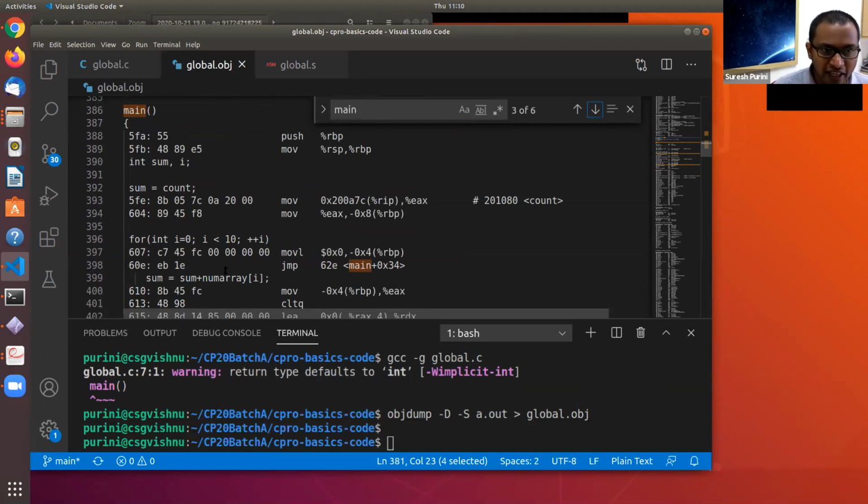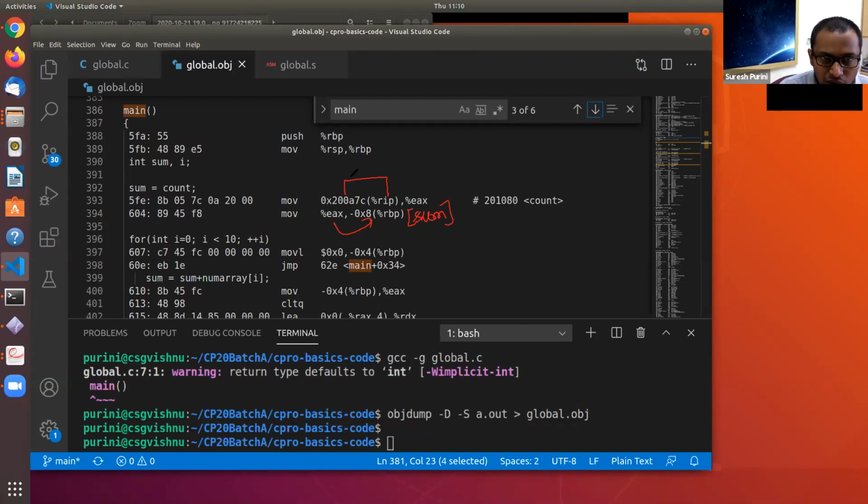So sum is a local variable. The way in which the global variable count is accessed is that count is moved to a register EAX, and the contents of register EAX are moved to the variable sum. This is the address of the variable sum. Sum is residing at a negative offset of 8 bytes from what is called the base pointer register.